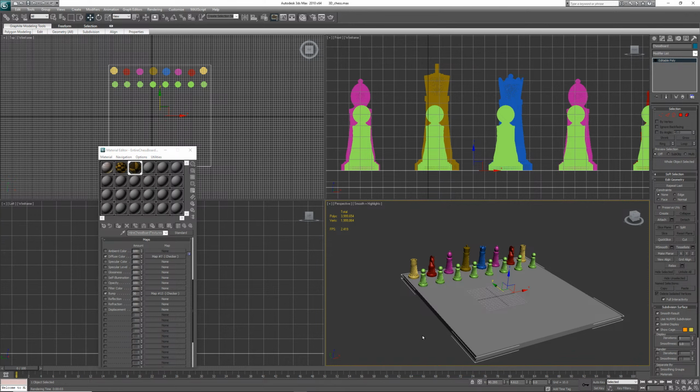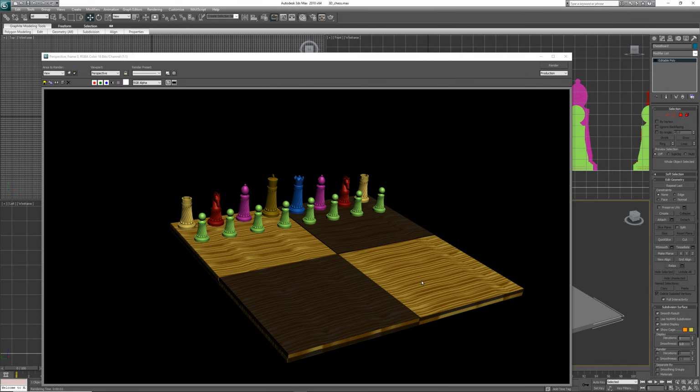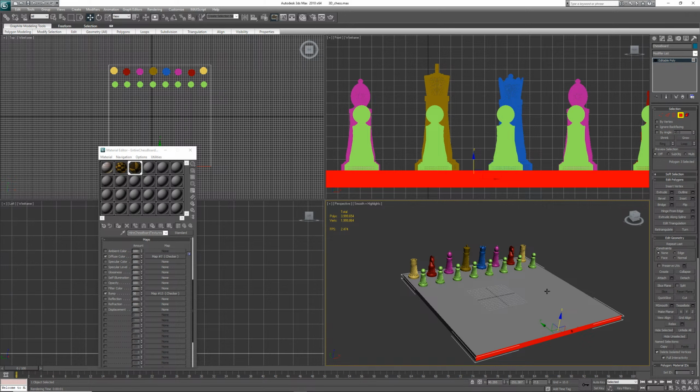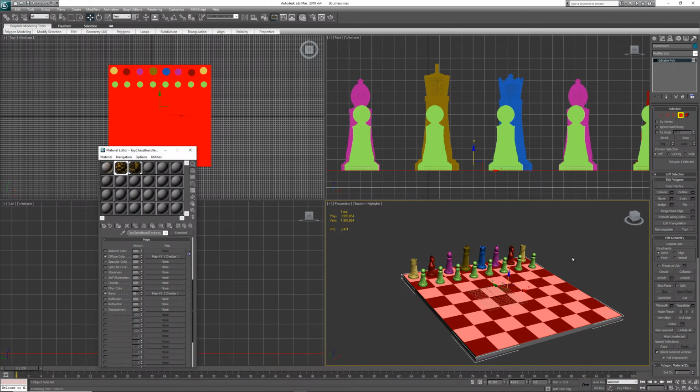So check it out, guys. Now everything is fixed. I didn't assign that, but it's fixed to the whole board. But it's not fixed to the top. For the top, I gotta go to editable poly, select the polygon, select the top polygon like that. So polygon mode is enabled, as you can see, and select this texture, which is the top chessboard texture material, which is the shader, and I'm going to click this assign button. Now everything is going to look cheeky breaky. Check it out. F9